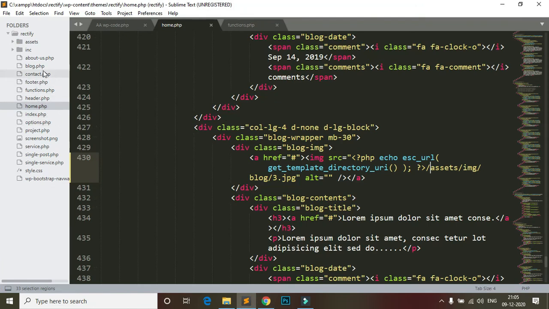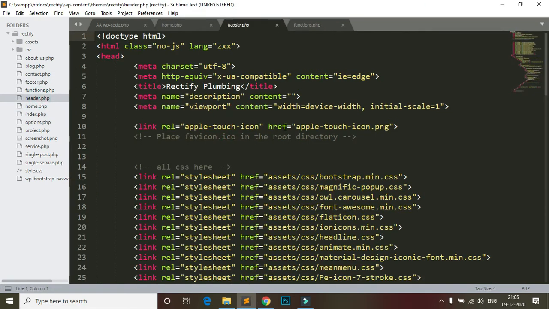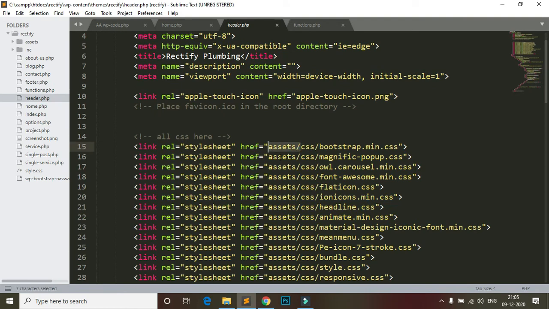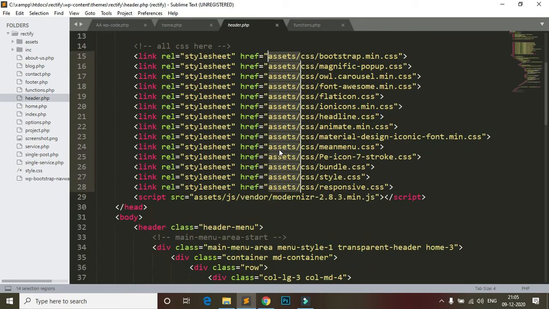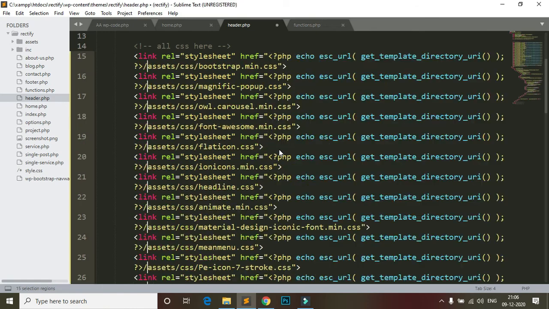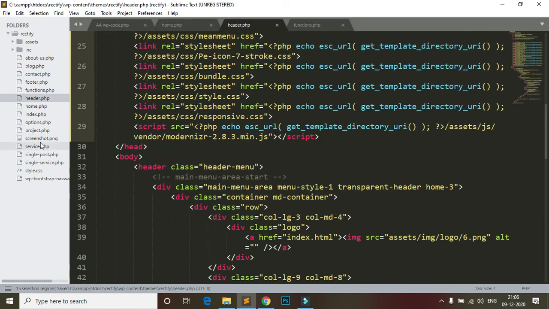So go to header, this is the header, and select asset, select, save, and go to footer. Where is my footer?